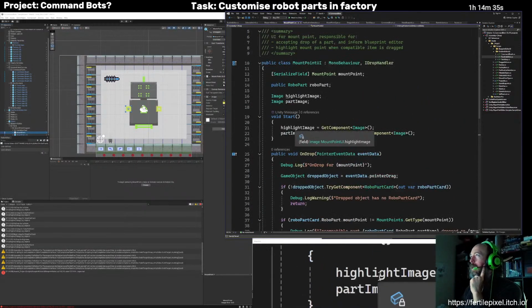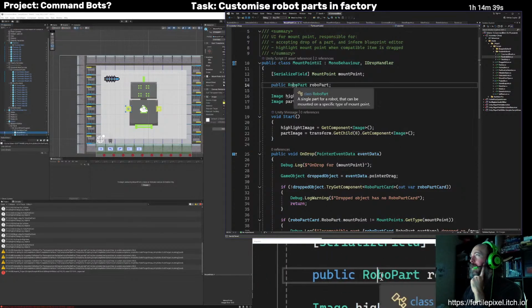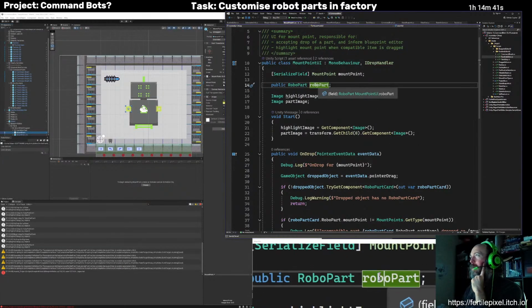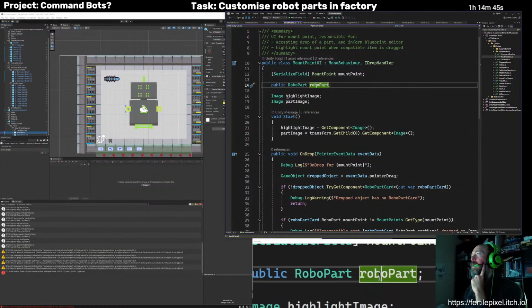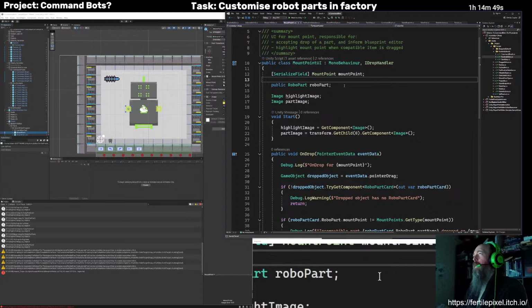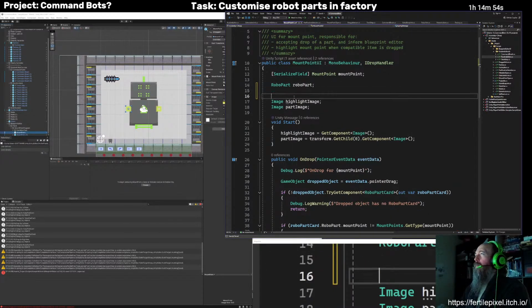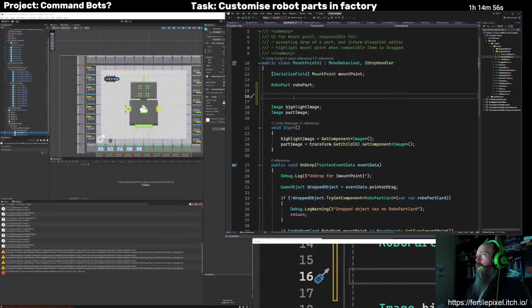I think it looks like everything's being handled in on drop. And we've just got this RoboPart that's just a public thing here. So I'm going to make that a property. That'll probably break something.